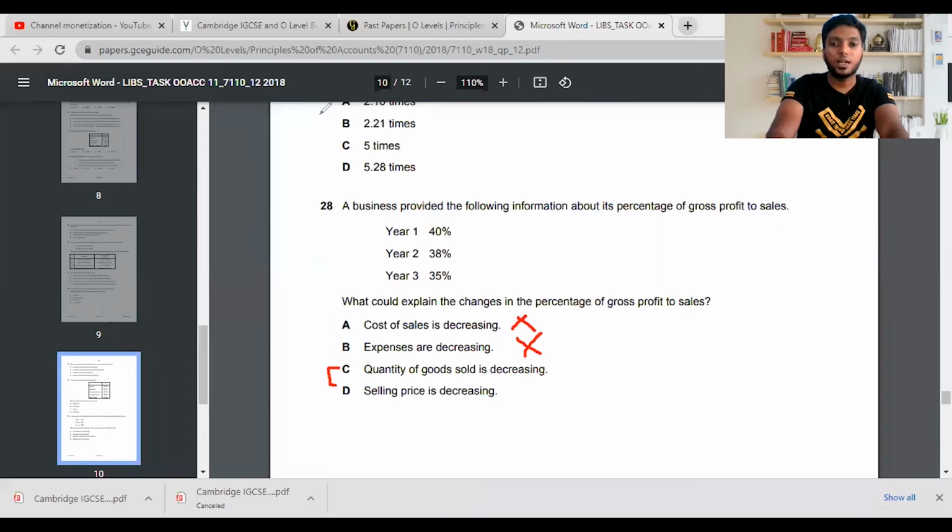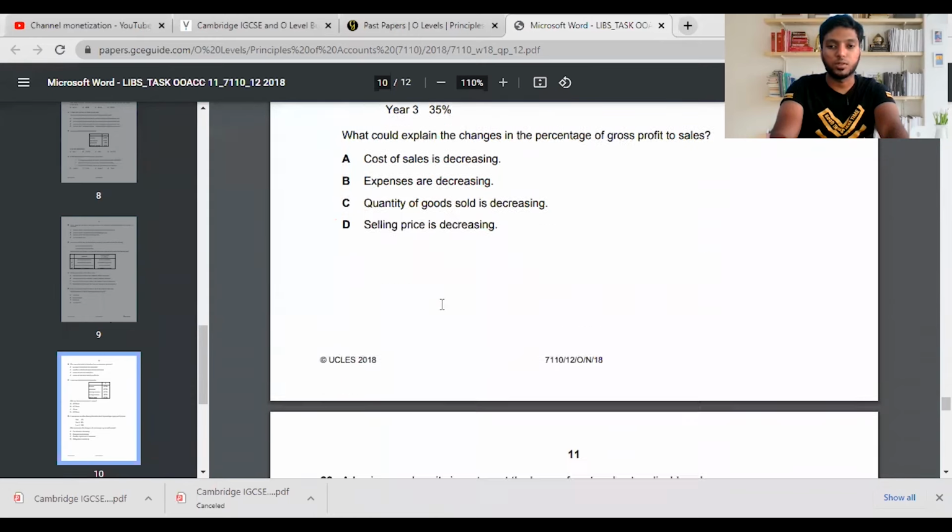What will you go ahead with? As you don't know exactly how much you are selling, which quantity, it's better always to go with the selling price, because sales is determined with the selling price, not the quantities they sell. So according to accounts, don't go with the quantity, go with the selling price they charge. Selling price is decreasing means the sales might go down, and gross profit will go down surely. So with that ideology, we are moving on to the 29th MCQ.